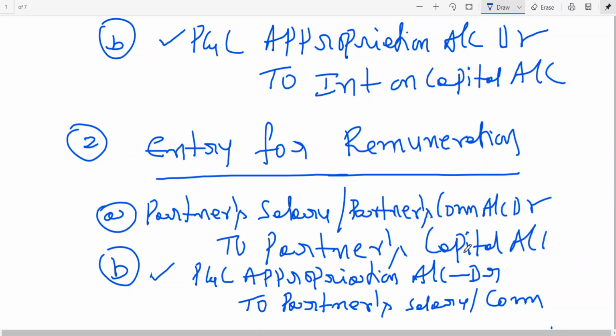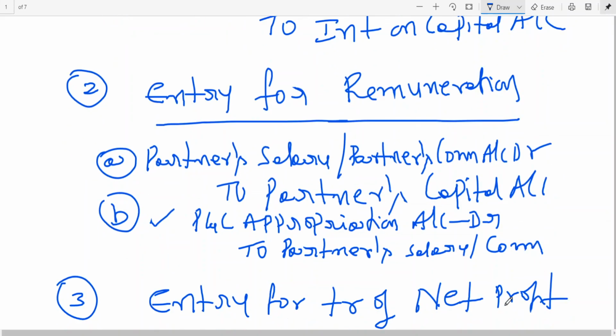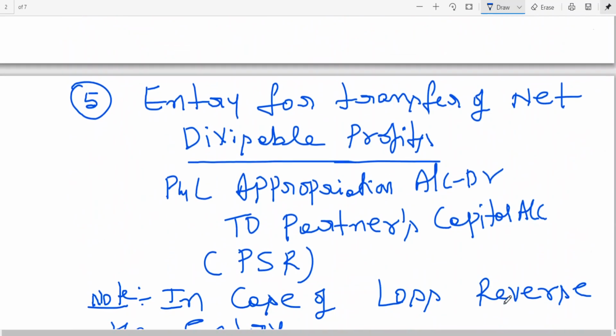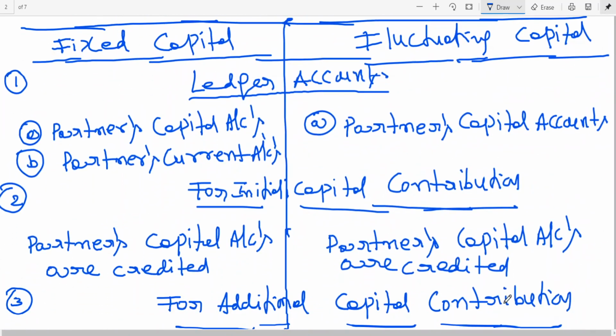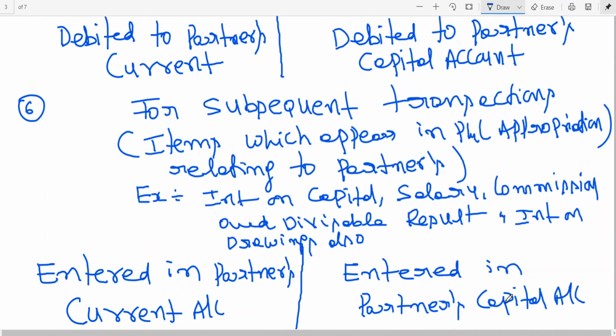Here I have given partners capital account, or you may take current account when it is fixed capital. If it is fluctuating capital, partners capital account. Generally when we teach, if nothing is mentioned, we assume that partners are following fluctuating. So the entries I have explained to you are by going by which method? Fluctuating. Okay. So I think now it's very clear to you. In case of fixed capital, we have opened which account? Current account. So here I am writing now